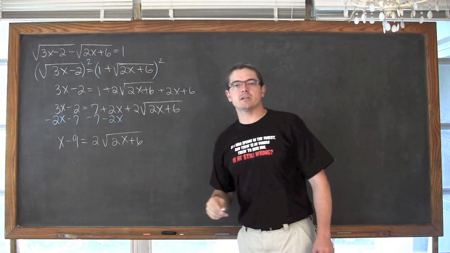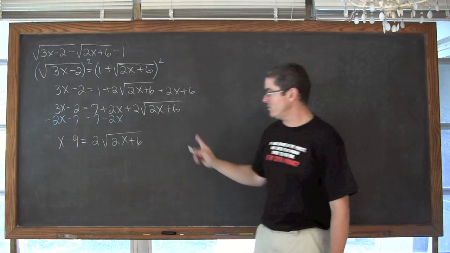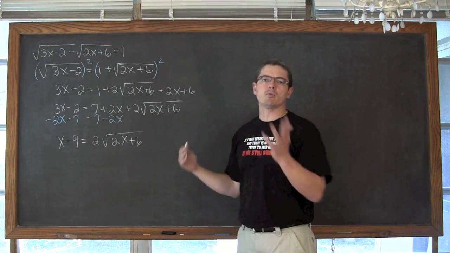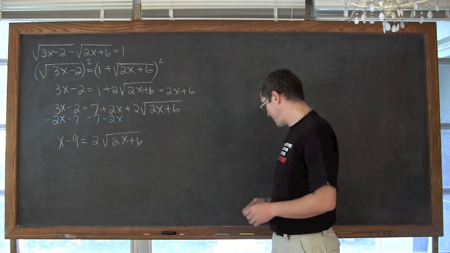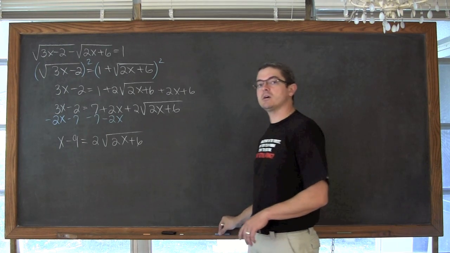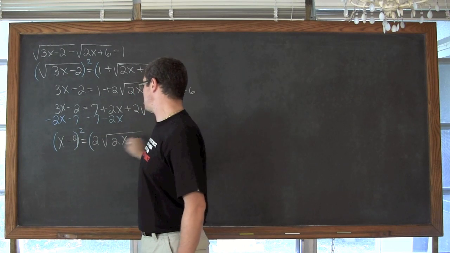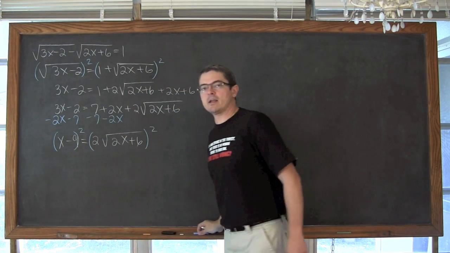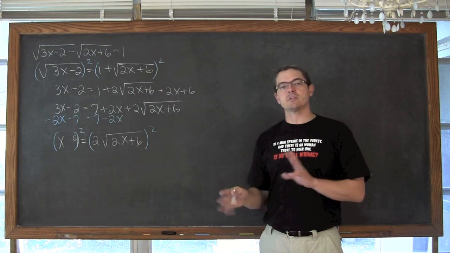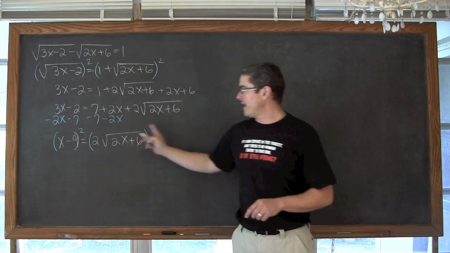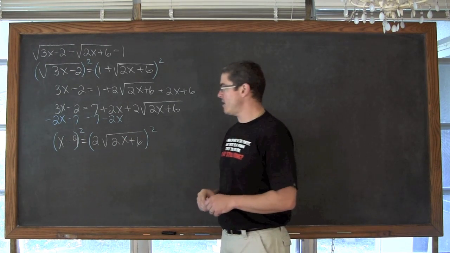Now if I divide both sides by 2 here, I'm going to create fractions on the left-hand side that I'll have to deal with through the squaring process, and I might have fractions anyway by the time I'm all done. But I don't want to do that if I don't have to. So I'm going to square both sides of this equation. I have the radical sign isolated enough. There's not another term on the right-hand side with the square root symbol. So I can go ahead and square this and not have any problems.